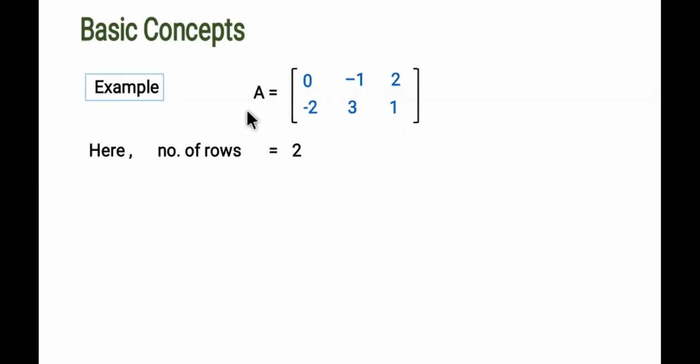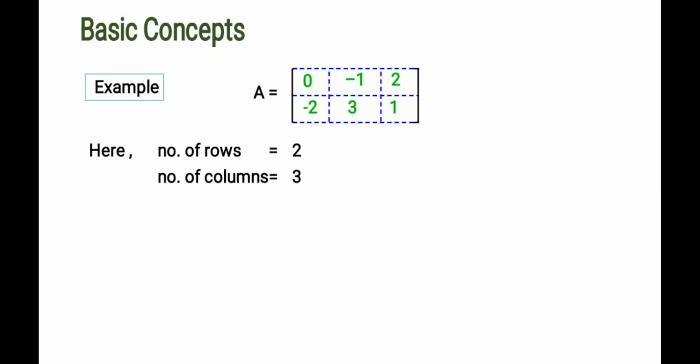Okay, so let's see the number of columns. That is the vertical lines. Let me show you all the vertical lines. We have 3 over here, so the number of columns is 3. Now let's try to write the elements of this matrix. I'm going to randomly select any particular element, and I'm going to tell you the position of that element and the notation which you can give to that element.